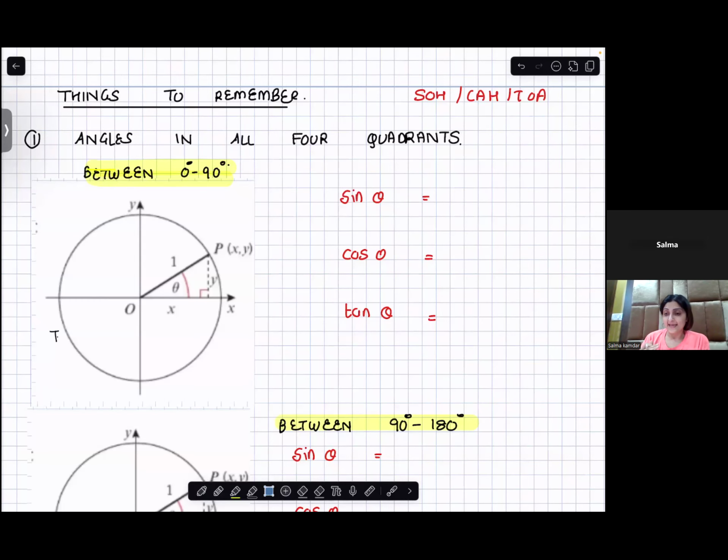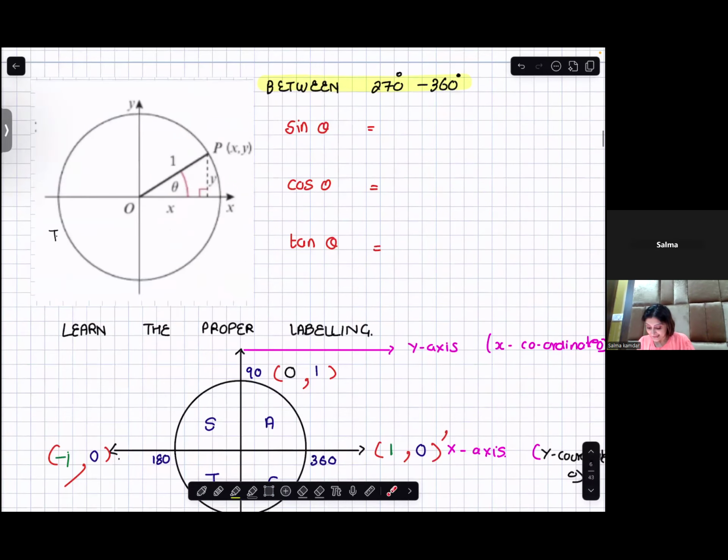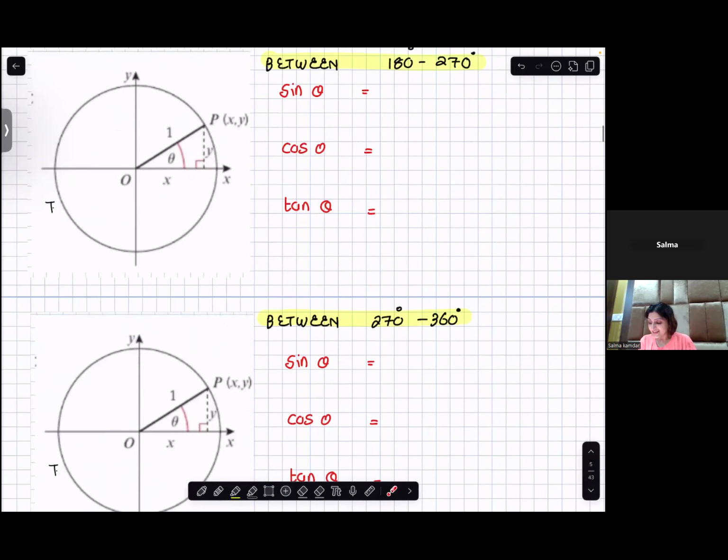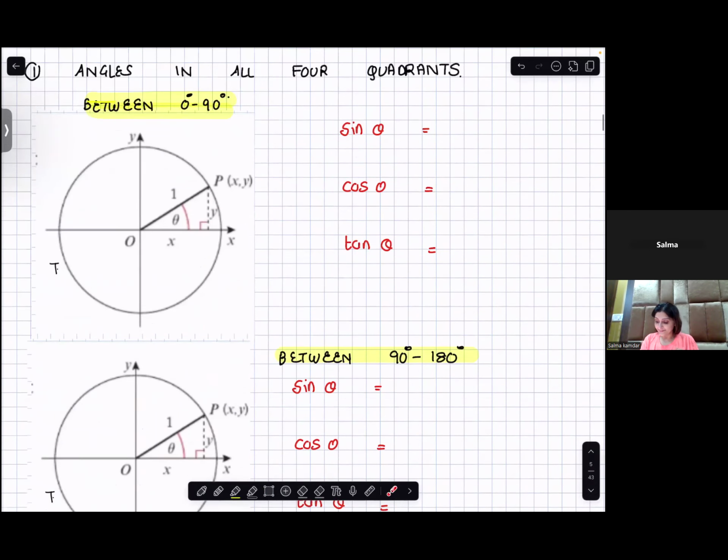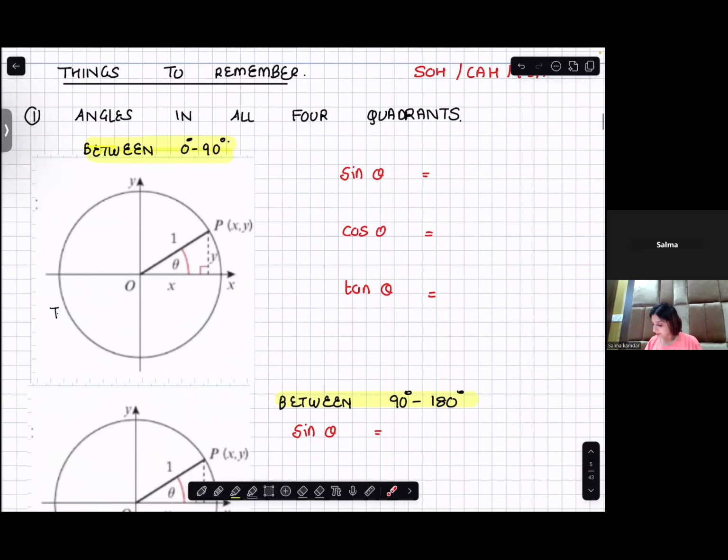We're doing Edexcel Pure Maths 2, Year 1. In this, we are doing our trigonometric functions. So we are solving the first part, that is angles in all four quadrants. It relates to 6.1. So when I'm talking about angles in all four quadrants, I know this is my x-axis